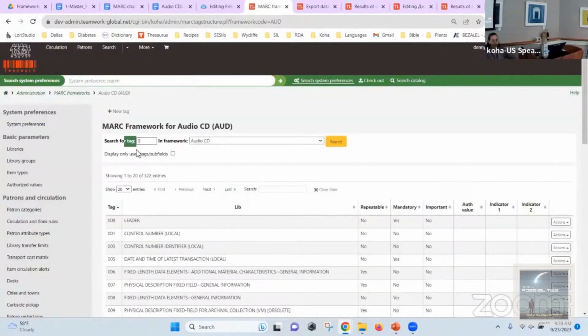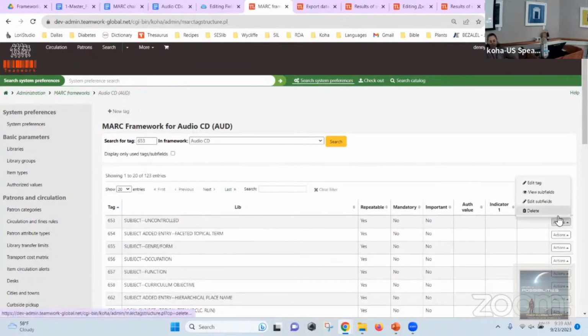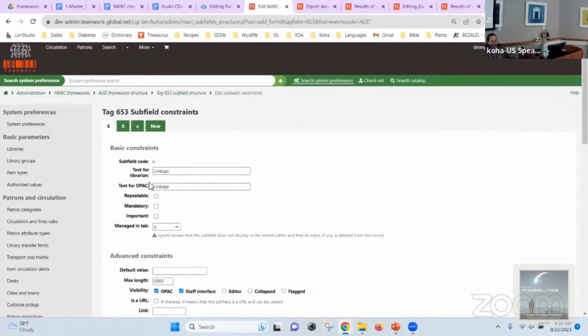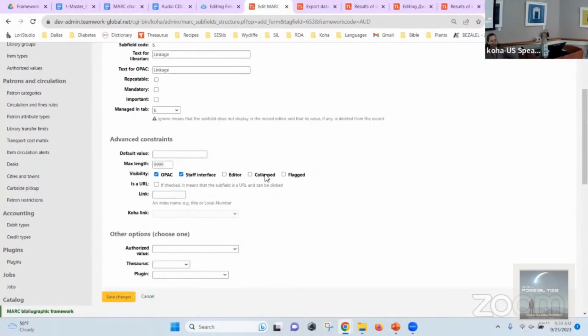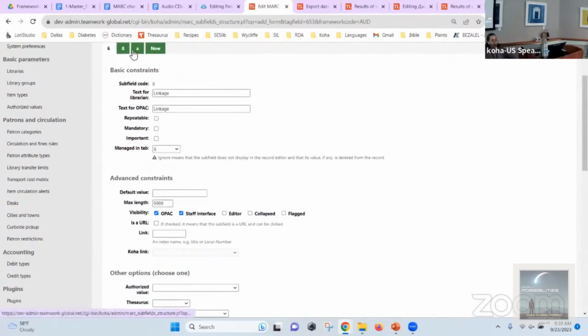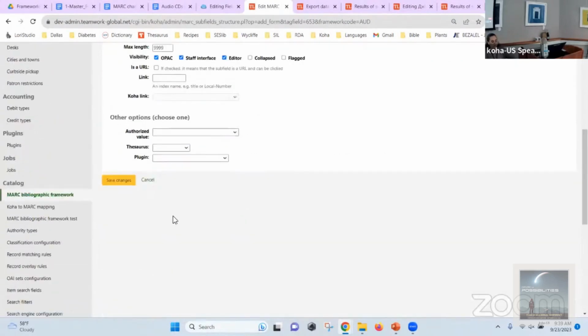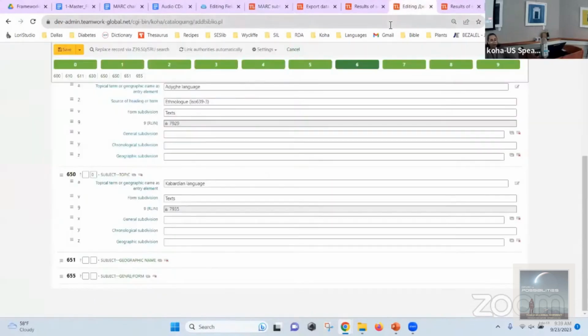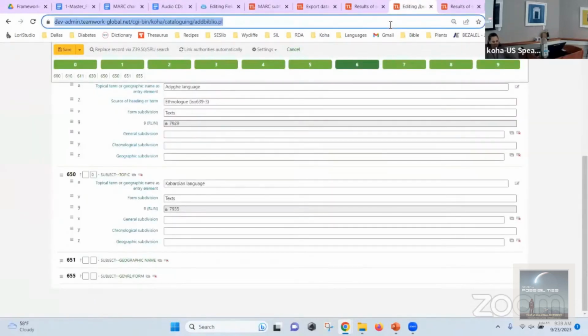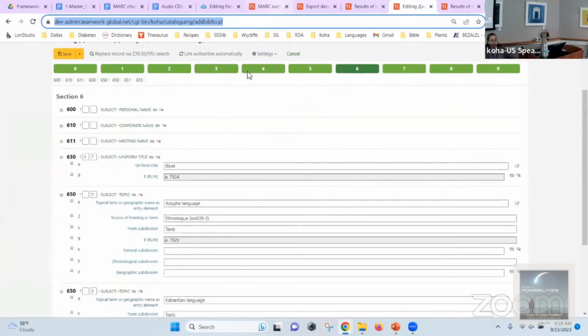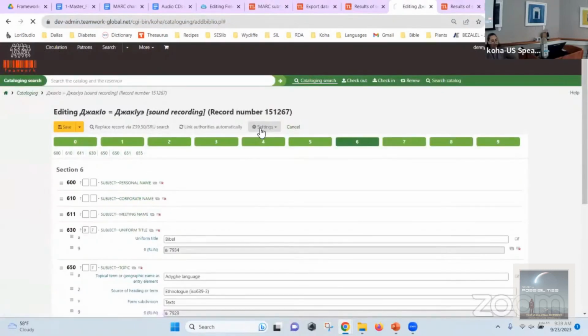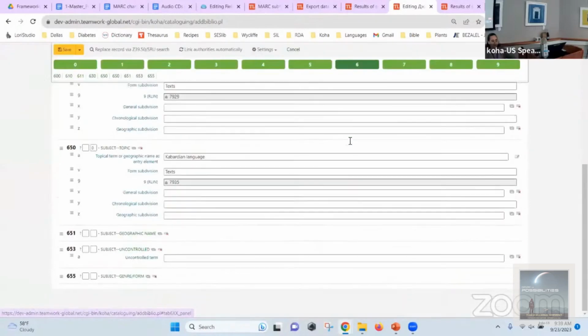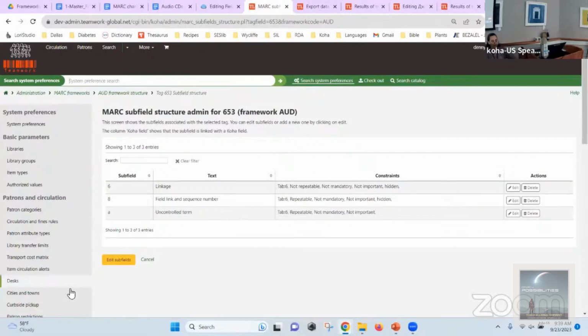So, oops. Edit subjects. So this is where you can make them appear or not appear. So if I click editor, and then save the changes, and load my framework, and now it's there. I can also,